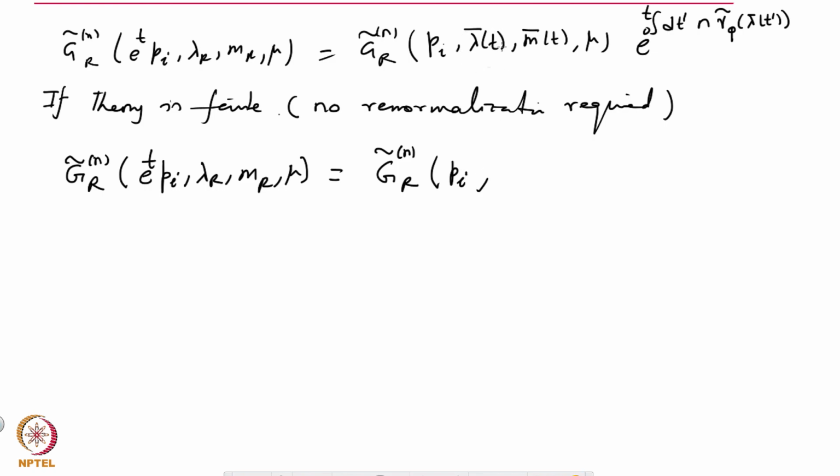What is lambda bar of t? Lambda r. So I have suppressed this lambda r here, but you know that that's there. So lambda bar t is lambda r. Okay. What is m bar of t? In this case, it is mr e to the minus t. Okay, t is large, so this is a very small number. Let's keep t to be finite but large. And then this thing here will give us